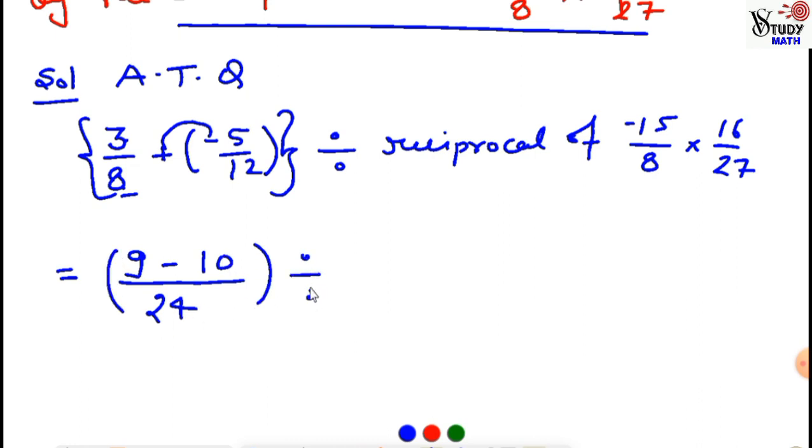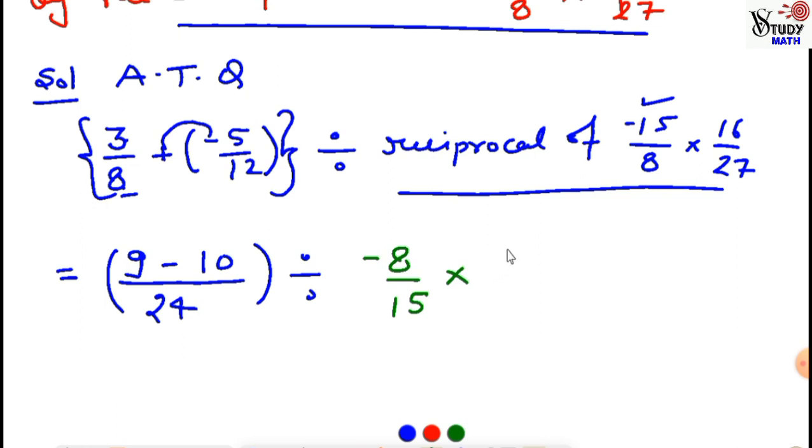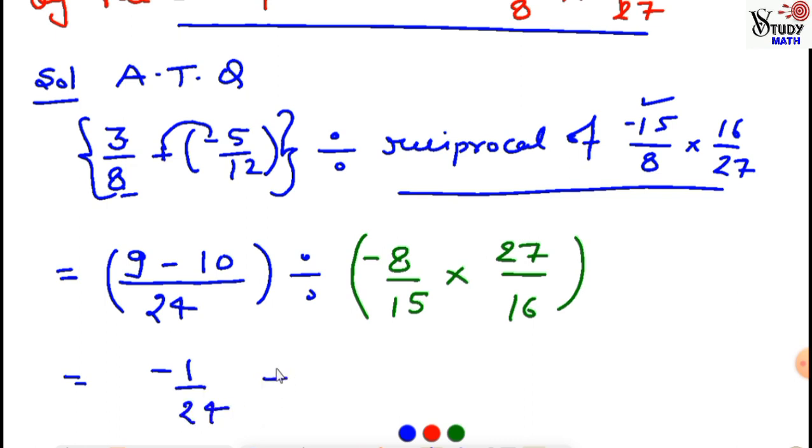Now we have to divide this. Write down the reciprocal of these two numbers. So what is the reciprocal of the first one? The reciprocal of the first one is negative 8 by 15, multiply the reciprocal of the second one, which will be 27 upon 16. Small bracket close. Now solve the first bracket. So we have negative 1 by 24 divided by, my dear students, see here, 3 5s are 15 and 3 9s are 27. 8 1s are 8, negative because 8 is negative, and 8 2s are 16. So now we have negative 9 upon 10 from the second small bracket.